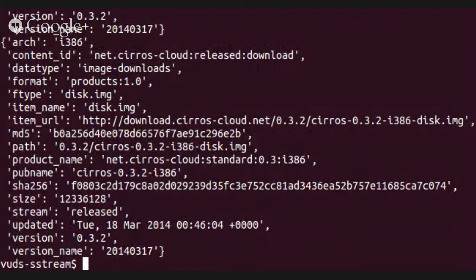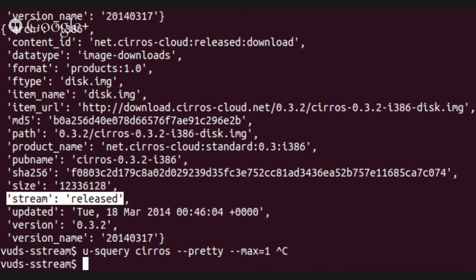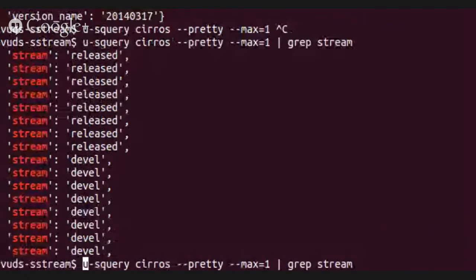So here was a query of the data that was available for Simplestreams, and I ran that with max equal 1 and pretty. So I queried the data and said only show me the most recent items of each product. And oh look, the stream there is released, and I happen to know there's also stream equal devel. I know there are 2 different streams there, one is devel and one is release. So say I only wanted to match on stream equal released,